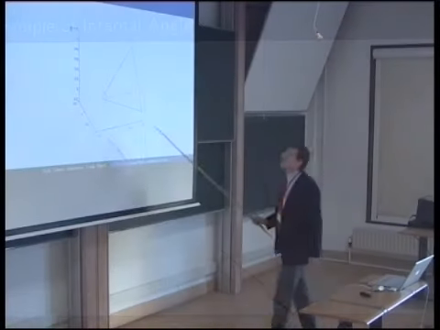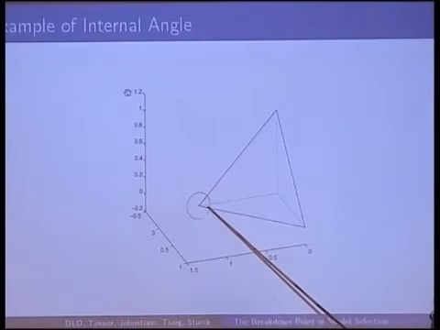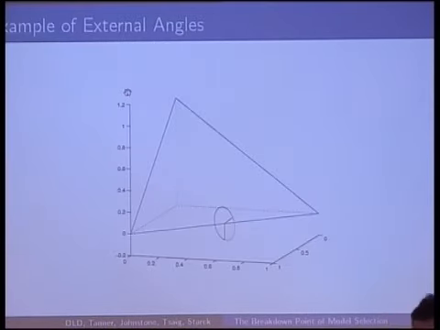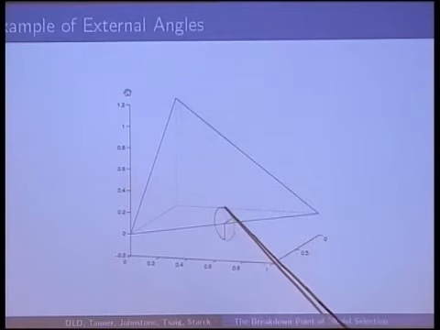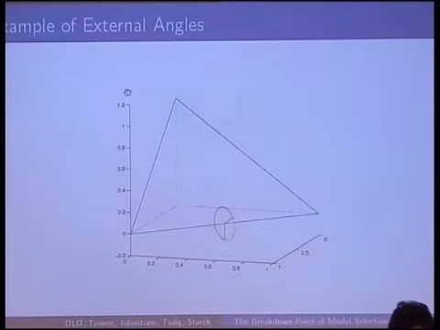So internal angles involve stuff like, here's a particular face and its internal angle is the angular measure there. External angles involve, we're looking in the normal space to this low dimensional space, and we're looking at things which are somehow outward pointing, and there you get an angular measure there.